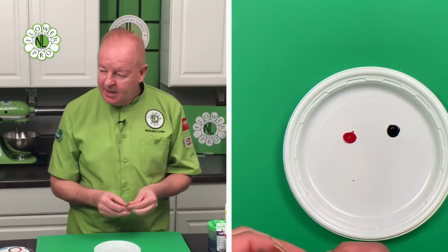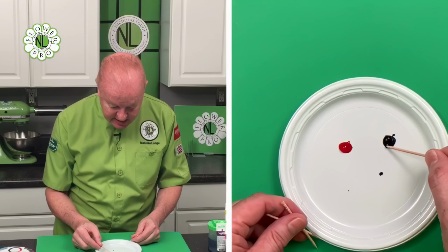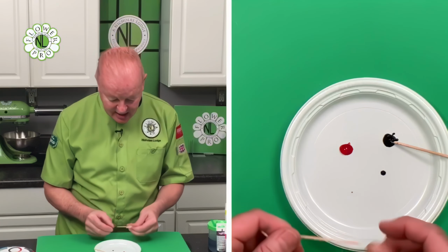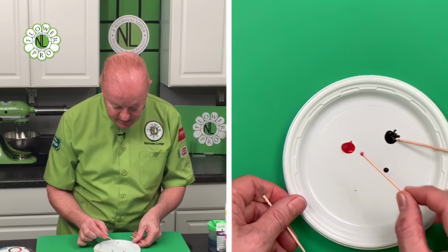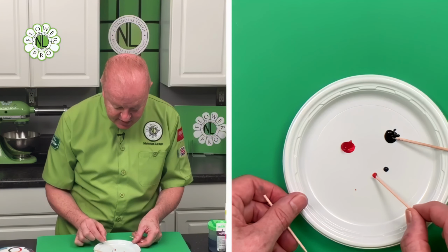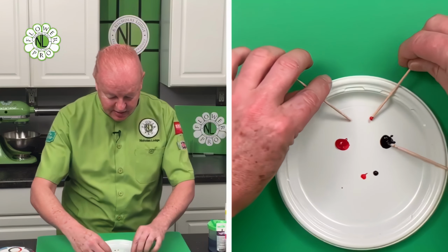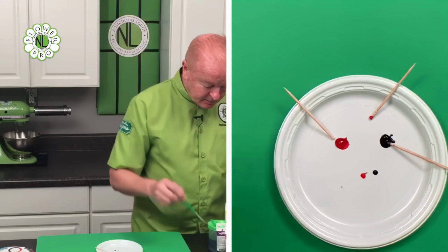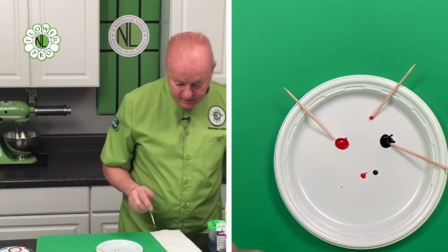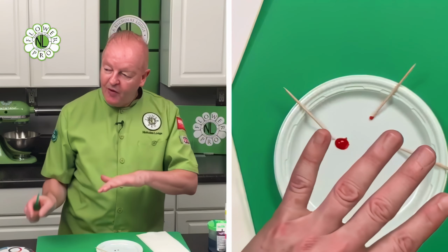I'm going to take a couple of toothpicks here. All right, and I'm just going to take a little bit of gel there. You see, then I'm going to take about a comparable amount of pink. You're just doing this with a toothpick, and it just gives you a general idea. So those are about comparable amounts of the two colors, you see. And then, I'm working from a fondant chart that tells me